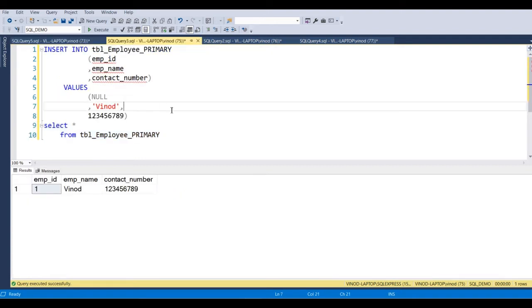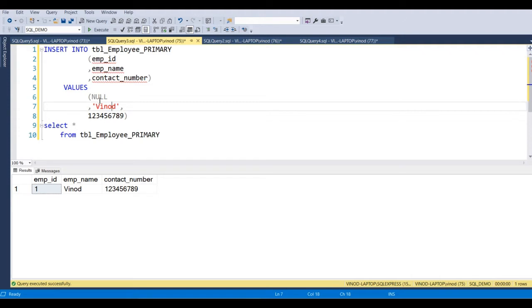Now let's see how we can insert a record in this table. As you have seen, we have made that column as not null, but let's see now if we make it as null, what happens. We have defined null for employee ID. Now let's execute this.